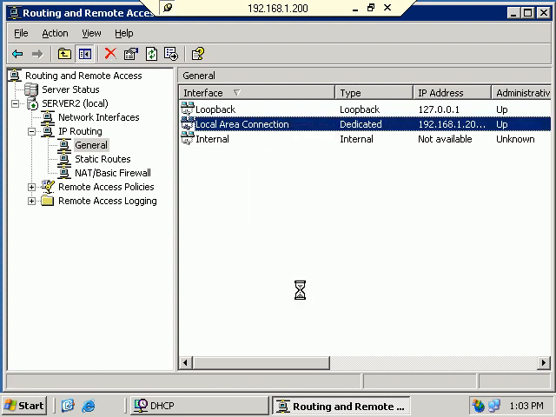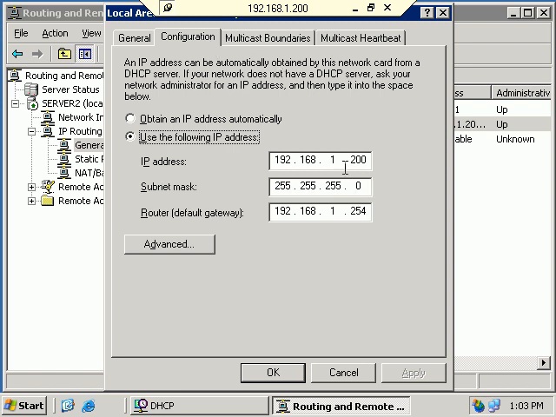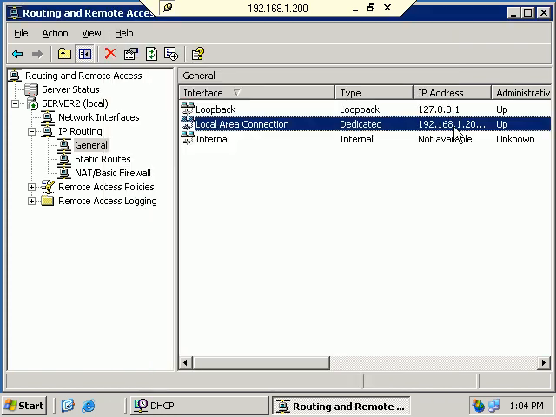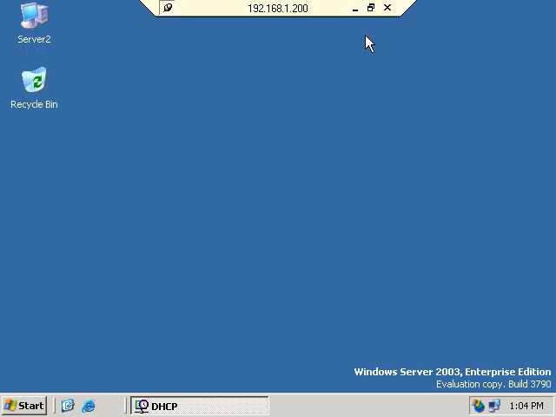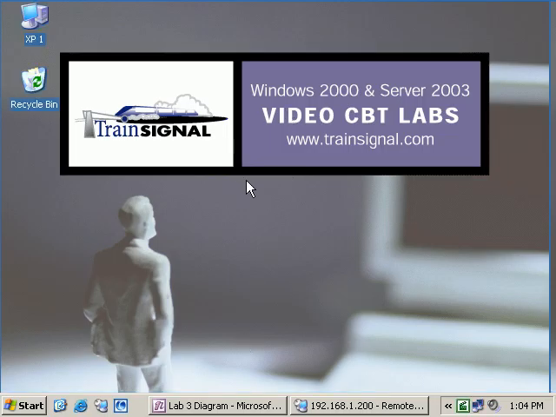If we look here and go to properties, we see we have our IP address 1.200. If we go to advanced, it will show us that we have the second IP address as well, 2.200, but not so important. What I want to do is test this out, make sure that routing is actually set up correctly. If I come back here over to the XP machine,